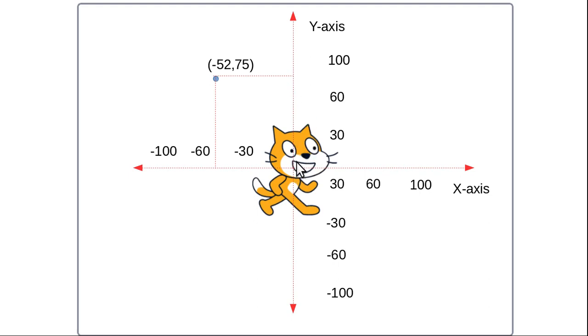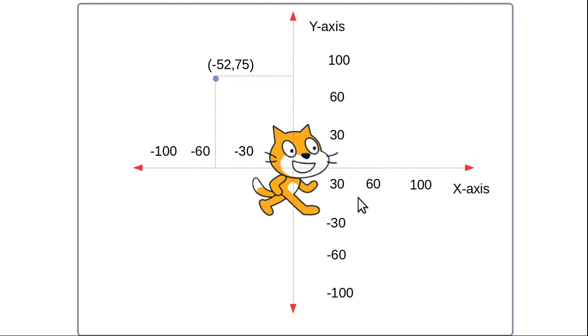Now if you move this sprite in the downward direction, the value of y will be decrementing. Minus 30, minus 60, minus 100, minus 120, like in this way. And in the backward direction, the value of x will get decrementing, meaning it will go negative, like minus 30, minus 60, minus 100, minus 150, minus 180, minus 200, like in this way. That's why the center is at 0 position. So this direction is x negative, this direction is y negative. This direction is x positive, and this direction is y positive. So in this way, these particular axes are present.